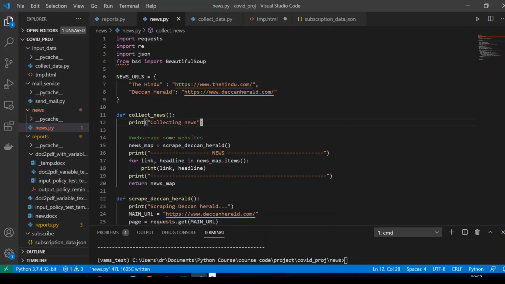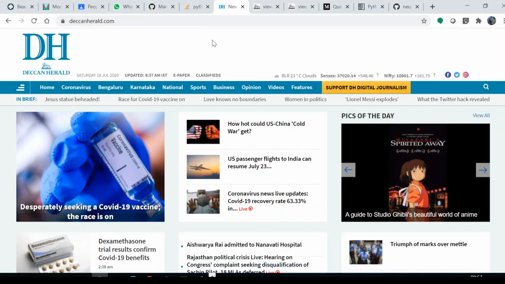extract news from certain newspapers. So let us take one of the popular newspapers called Deccan Herald, and let us go into that page and look at how things are organized. Right. So this is a Deccan Herald page. So for the end user, it looks like this, and there are various sections here, and there are